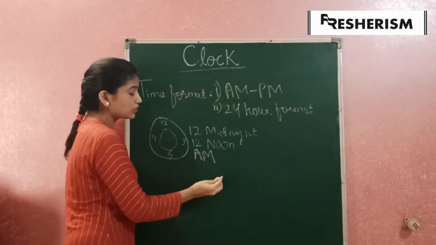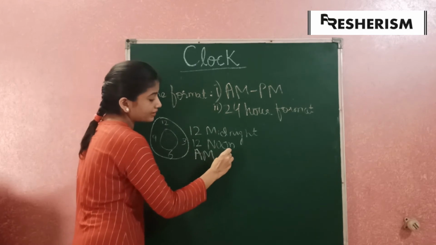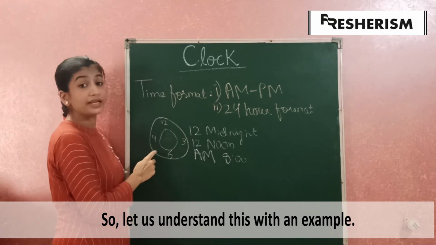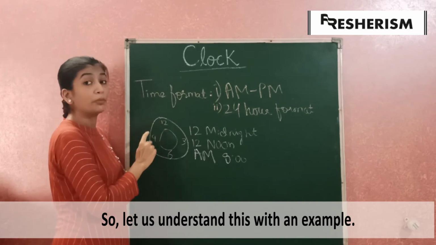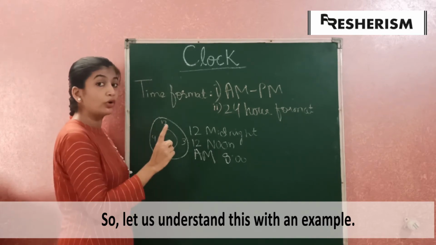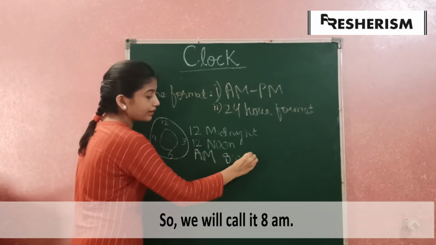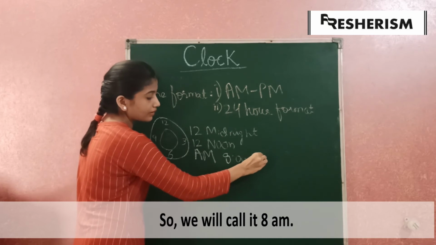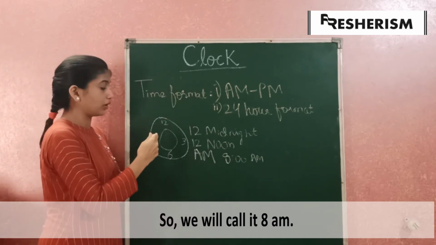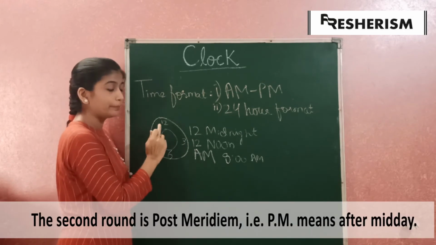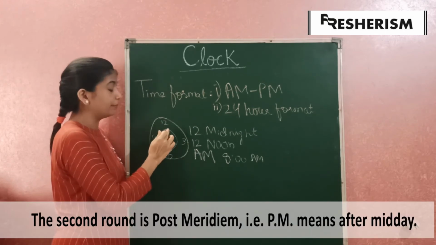So for example, if it is 8 o'clock in the morning, before midday, before 12 noon, it is known as 8 AM. The second round of the clock, that is post midday, from 12 PM till midnight,